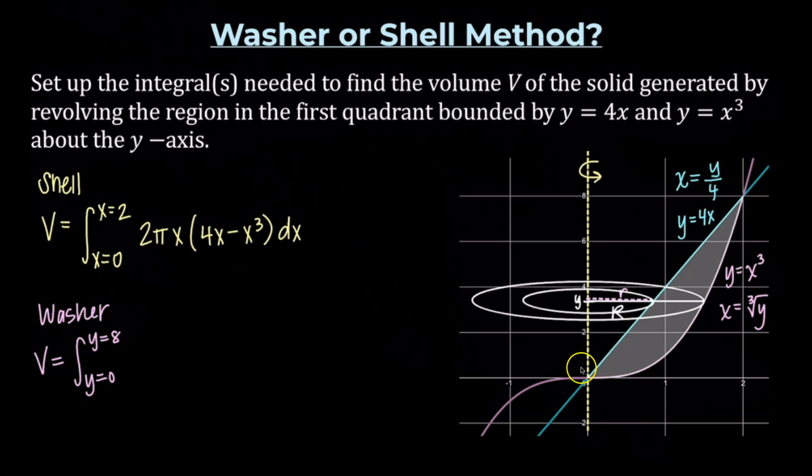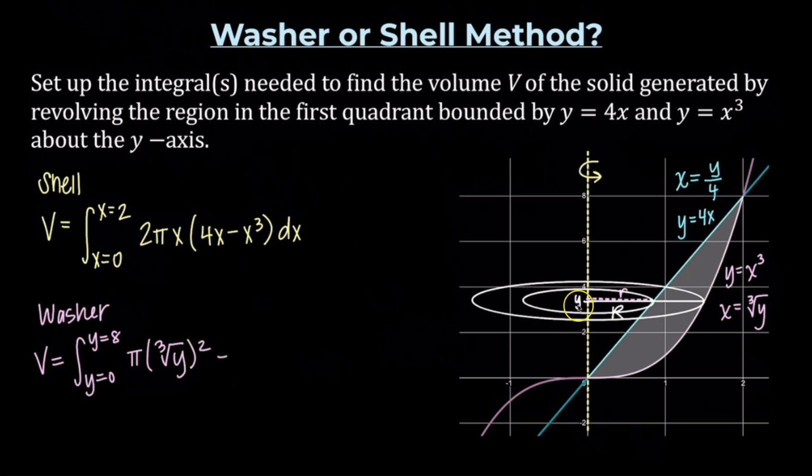We said our cross sections are perpendicular to the y-axis, stacking vertically. And then we're going to need pi times the big radius squared, so the area of the bigger circle, minus pi times the little radius squared. So let's go ahead and set that up. We're going to have pi times the big radius, which is right minus left, the cube root of y minus 0, just the cube root of y squared,